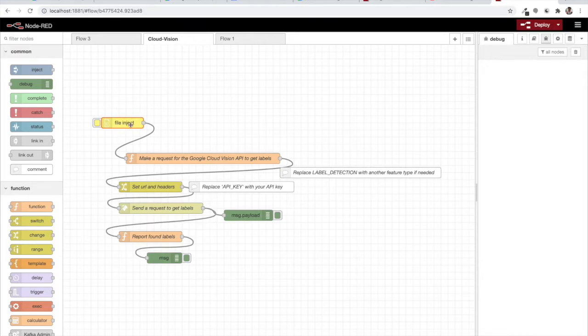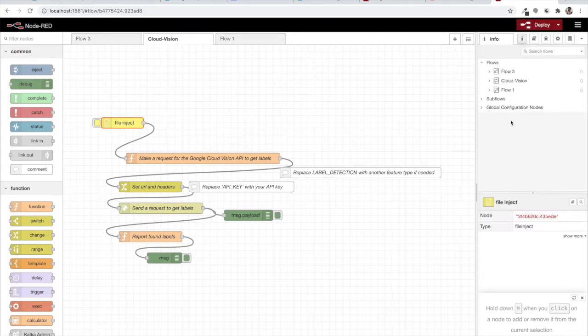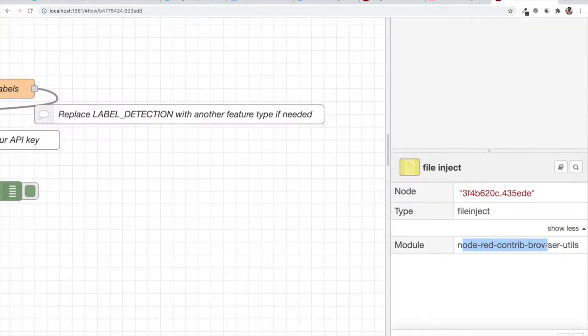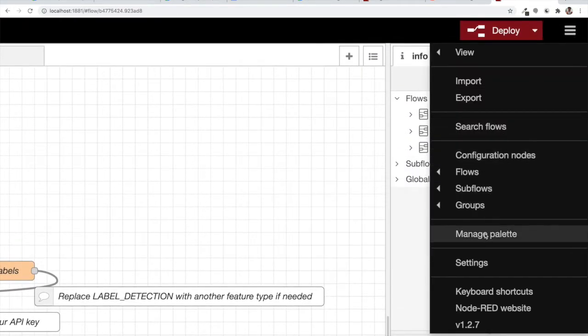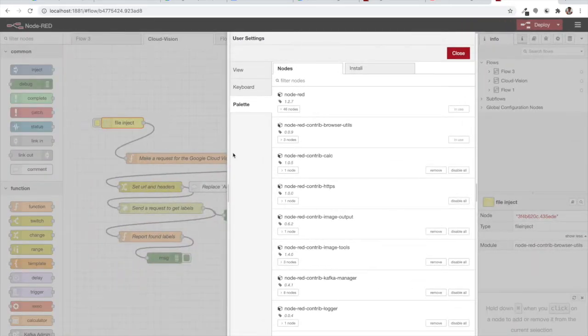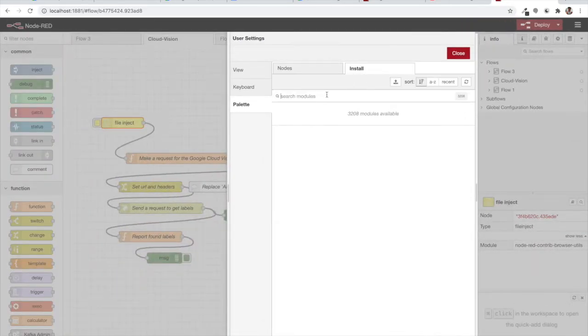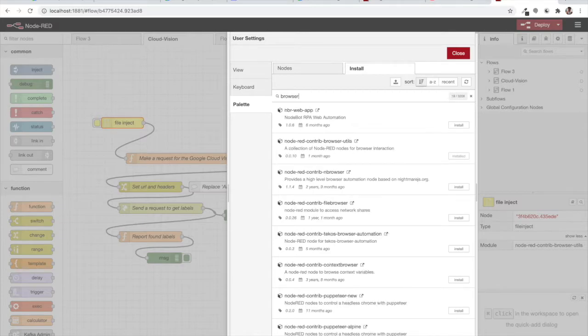For file inject, if you go to the I, you will see that this is a part of node-red-contrib-browser-utils, as you see. So go to the manage palette and we will see here. Let's search for browser utils.